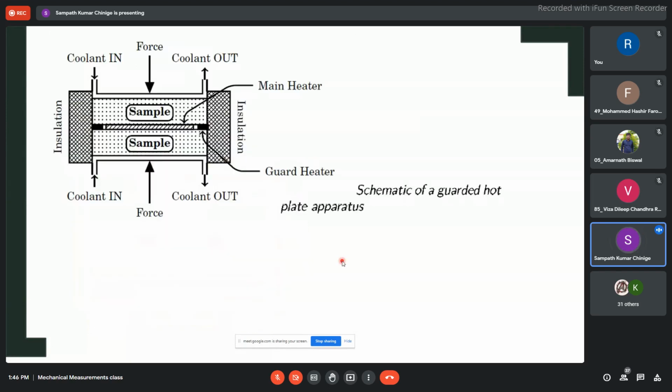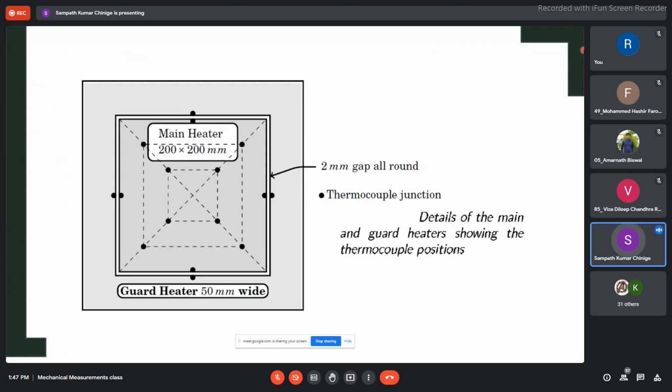Okay, so this is the diagram that we have seen. We have insulation, which makes sure that there are no heat losses through this. We will wait for a particular period of time so that it gets to steady state, that means it comes to an equilibrium position. You can see the guard heater, main heater, and there is a small gap, right? Guard heater, main heater, and gap. There is a sample, and we have coolant coming in and going out, such that the temperature of the fluid on the side remains constant. So this is the setup that we will generally use for measuring the thermal conductivity of metals. I hope I am clear.